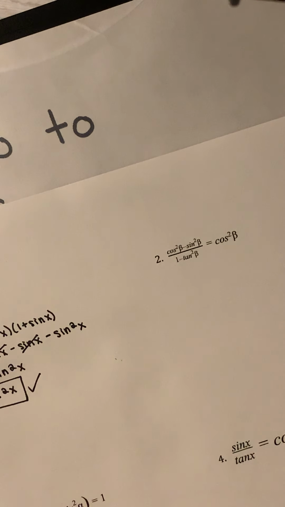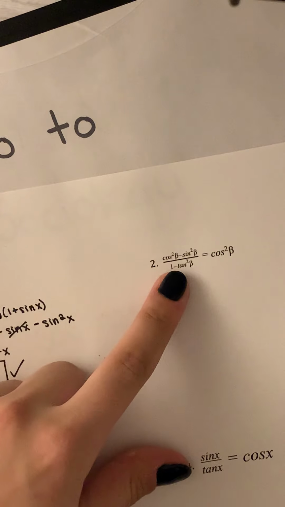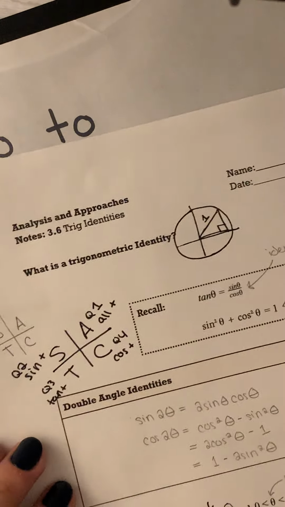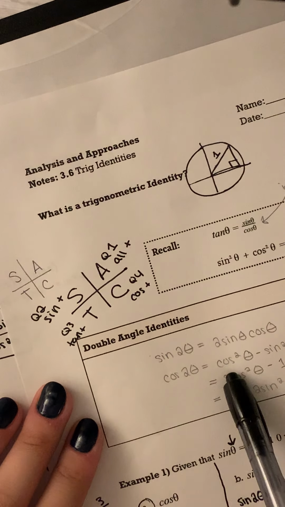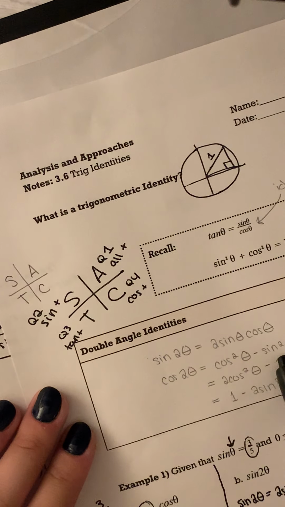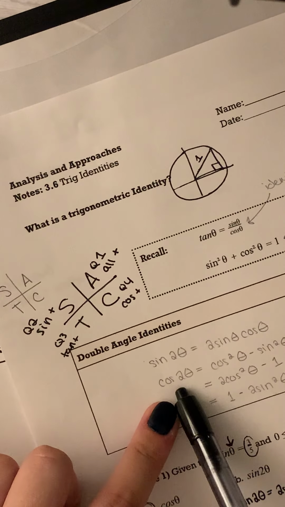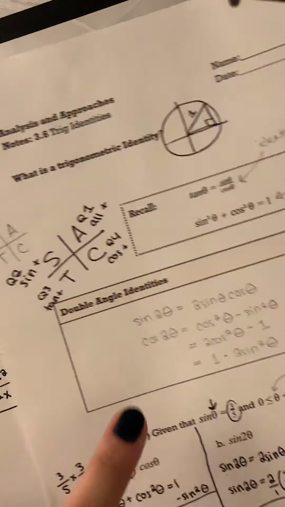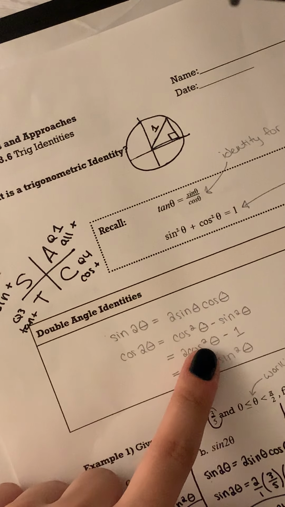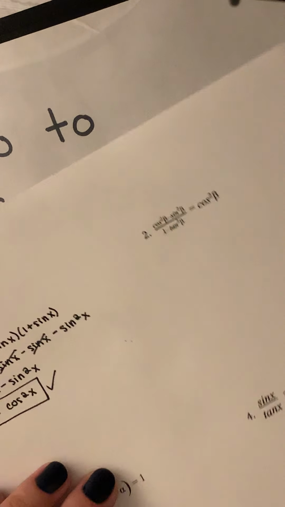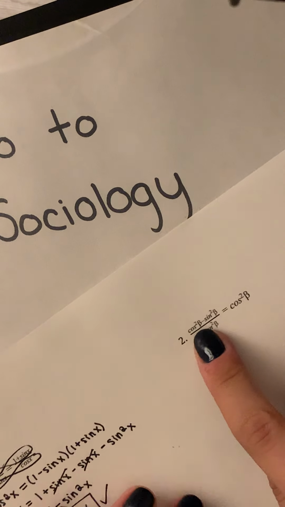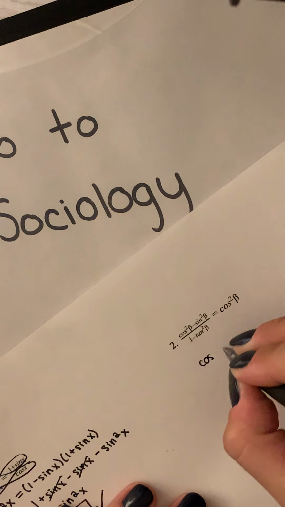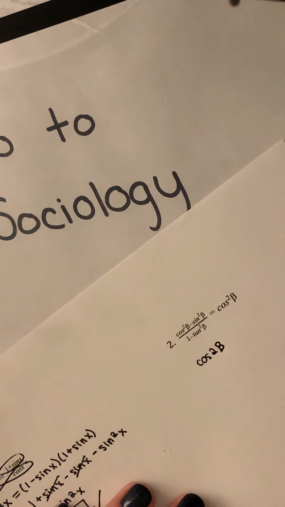yes, so looking at what we have here, we have a cosine squared beta minus a sine squared beta, and if we look at the identities that we were given, we can see that a cosine squared theta minus a sine squared theta is equal to cosine of 2 theta. So we can substitute this numerator for our cosine double angle identity right there. So we have cosine squared beta minus sine squared beta. That's going to become cosine of 2 beta